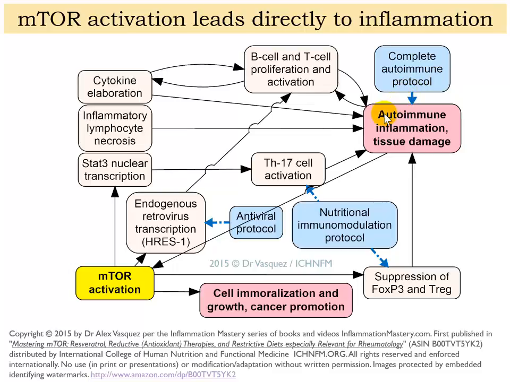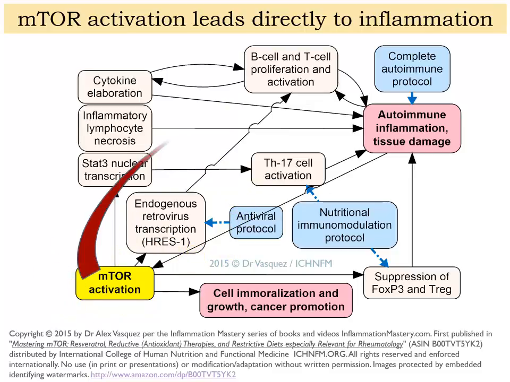All of those kind of summarize the same information. They're just different packagings of the same. We can use the autoimmune protocol here, we can use nutritional immunomodulation here, and we can use an antiviral protocol here, because mTOR also activates the transcription of certain endogenous retroviruses, which we also know contribute to autoimmunity. So we've got some problems here and we've got some solutions, but what we're focusing on right now is mTOR